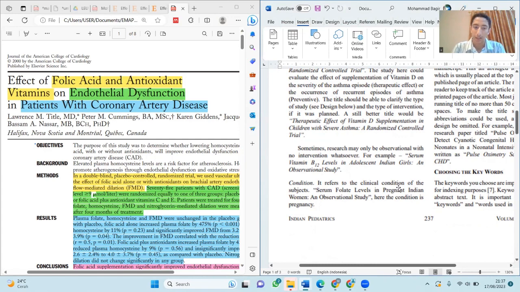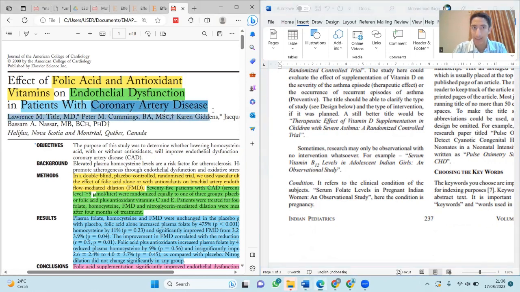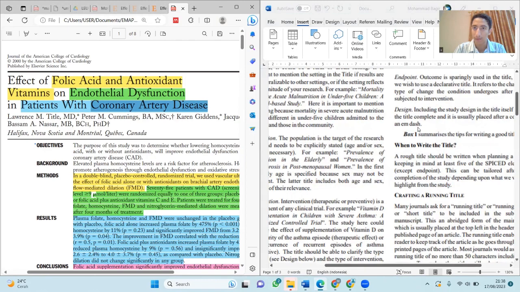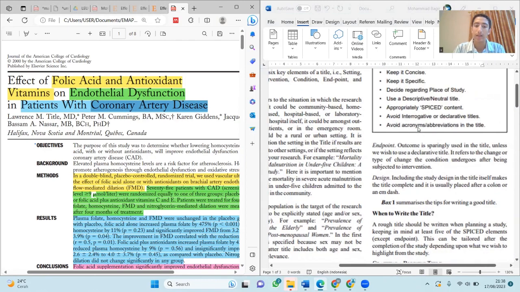In my article, the condition here is coronary artery disease, because the effects are on the patients with coronary artery disease. And A for